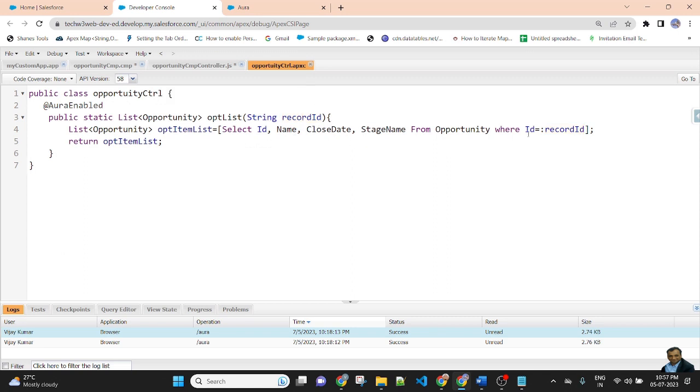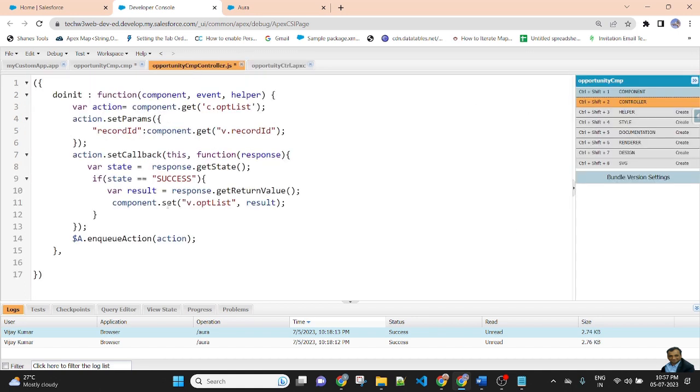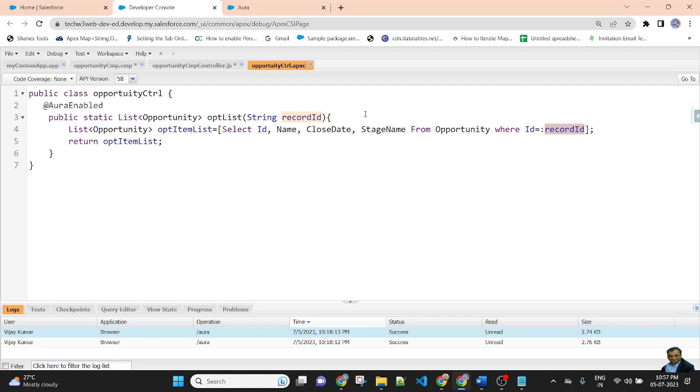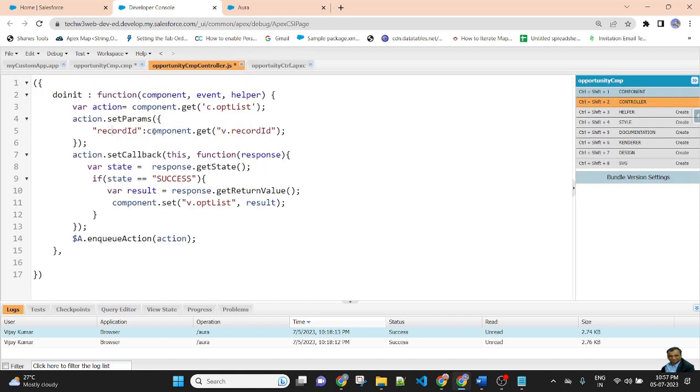This Apex class method returns the record based on this recordId. This recordId I am passing to the action setParams, and this is the recordId coming from the Apex class method, and here is component.get v.recordId. This will return the current record ID. And rest of the things are the same. Now I am saving the file.